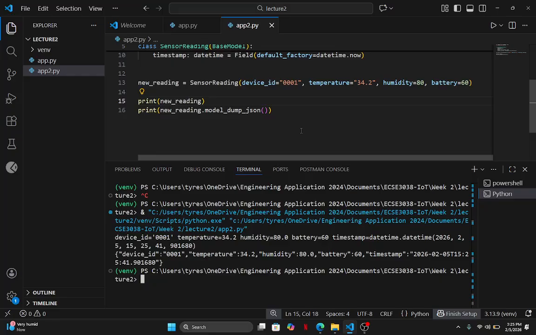Right, so I have two versions now. The first one is the Python version that uses Pydantic. It's just device ID, the value, temperature, and so on, but we don't want that, because we can't return that to the client. The client doesn't understand this. So we have curly brackets, double quotes, device ID, colon, the value, comma, temperature, the value, comma, humidity, the value, battery, and if you notice, it also put the current time, which is written in a particular format.